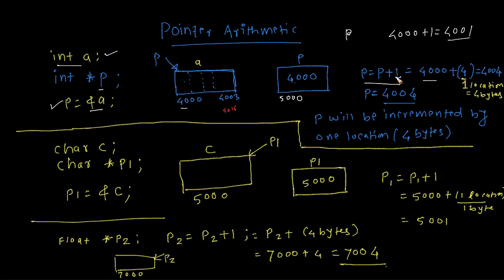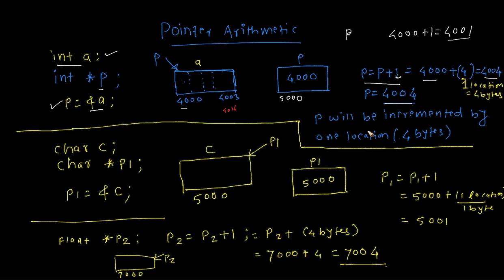This 1 is actually one location of that memory type. The type of that memory is integer. There are 4 bytes here. So we don't take the face value of 1, but 1 as one location. And what is that location? That location is of 4 bytes. So actually we are adding 4000 plus 4. One location is equal to 4. So it becomes 4004. When I say P equal to P plus 1, it is becoming 4000 plus 4,